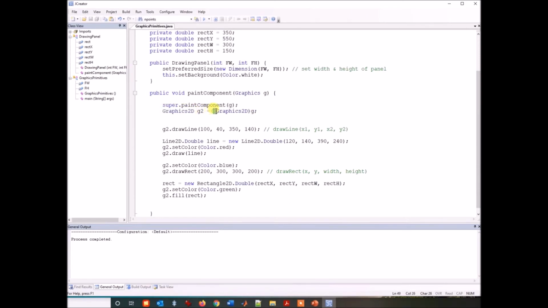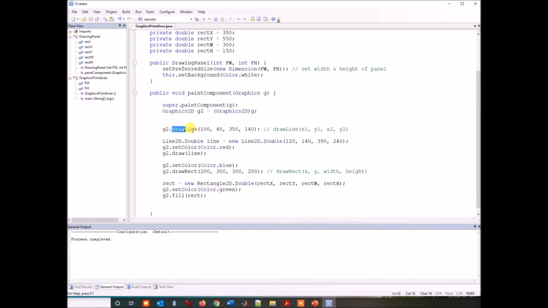This is the mechanism: we downcast by writing the name of the lower class in the parentheses and then assigning to the object of the lower class. Now we have to use this object of the class Graphics2D to call some methods which are in the class Graphics2D. So from this object we call the method drawLine. We have discussed this method, but I told you that we have to call it by some graphics object. So we are calling this method with the graphics object G2.